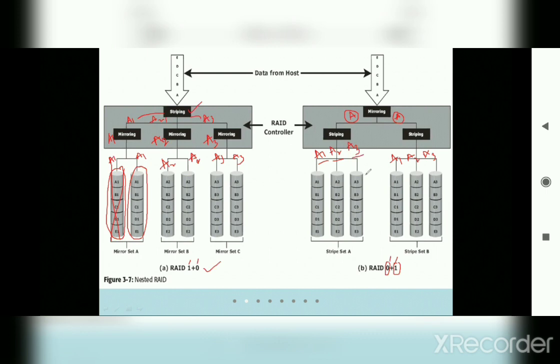In case any data is lost in this particular disk, then the data will not be available, because if any changes are made here, it is going to affect here also. So both the nested levels, either RAID 10 or RAID 01, have the drawbacks of each other. Again, having multiple sets and multiple storage, that was the drawback.